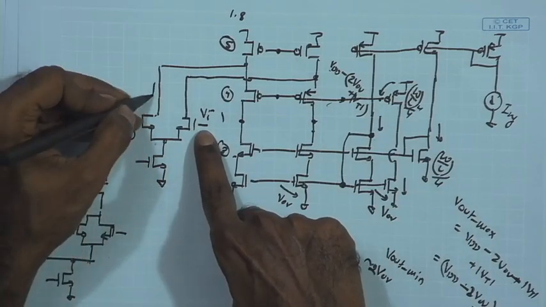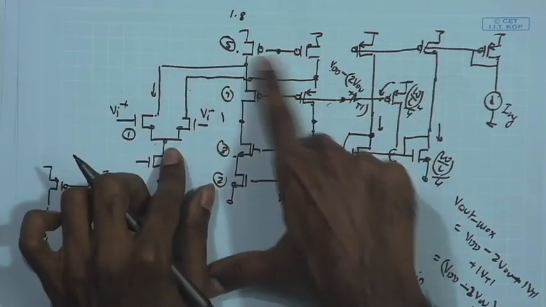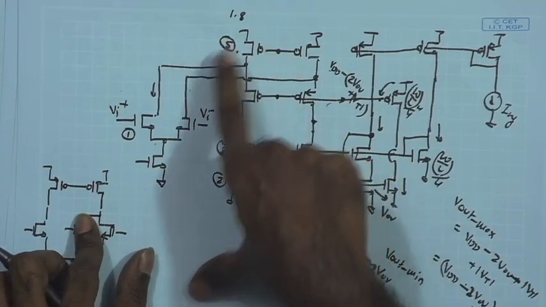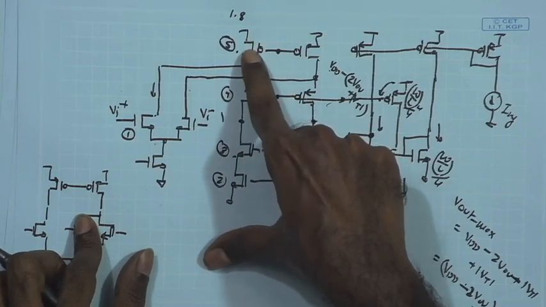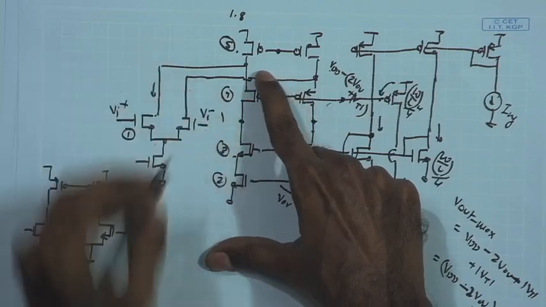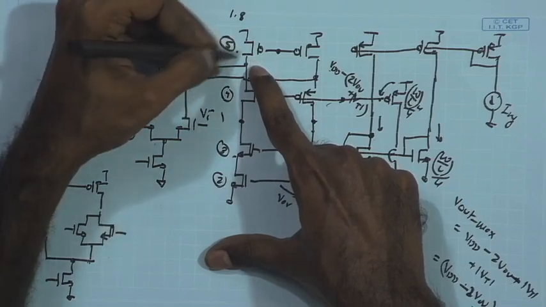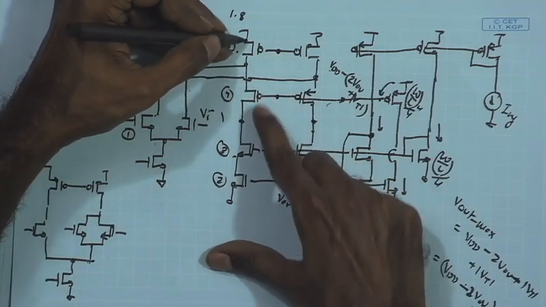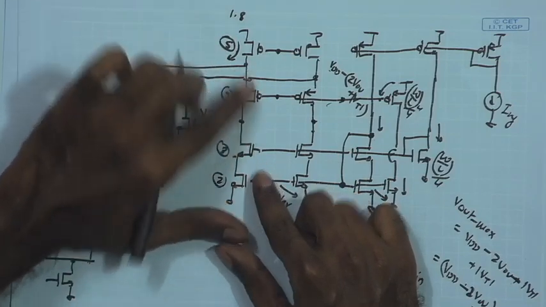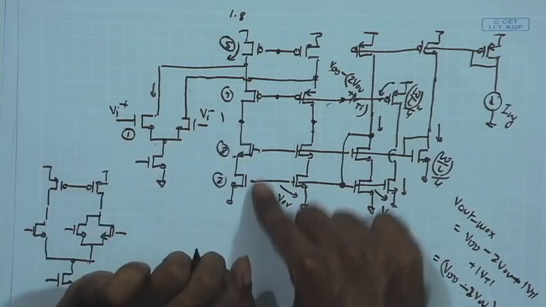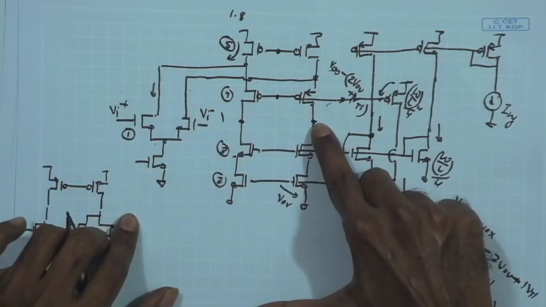If Vi plus goes high, this current goes up, this current reduces, and if this current over here goes up, remember this is supposed to be providing a bias current, it is fixed with some DC potential. So, if this current is going up, that means the current in this branch is reducing, and as a result the current supplied in this particular branch is going down. So, the larger fraction of the current provided by the PMOS is being sunk by the input pair, that means the current going into the bias branch over here is reducing. As a result, you will have this particular potential going down,